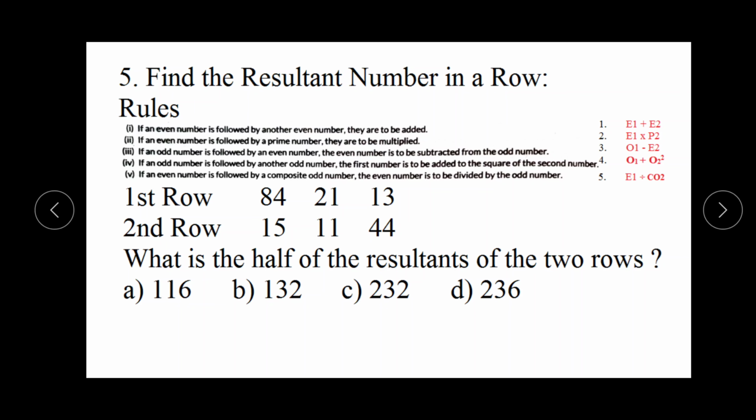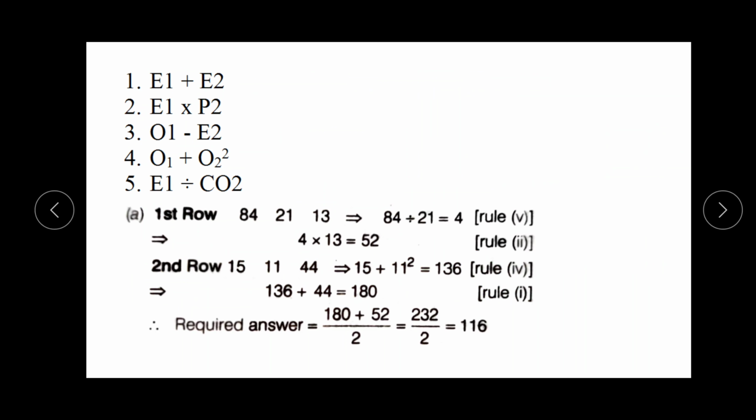It means 84 divided by 21. We can see clearly here 84 divided by 21. It means 84 divided by 21 is equal to 4. It means rule number 5. This is rule number 5. After solving this, these two numbers are solved and the resultant is 4. It means the resultant of these two numbers is 4. Now 4 is replaced by these two numbers. Now we will not see 84 and 21. Now this has become a 4.